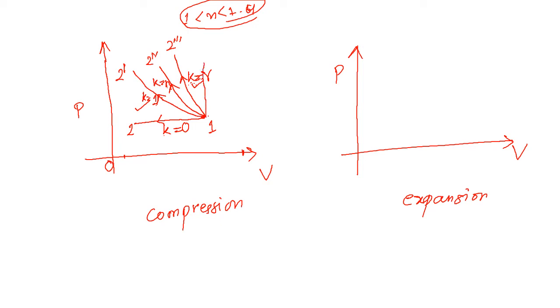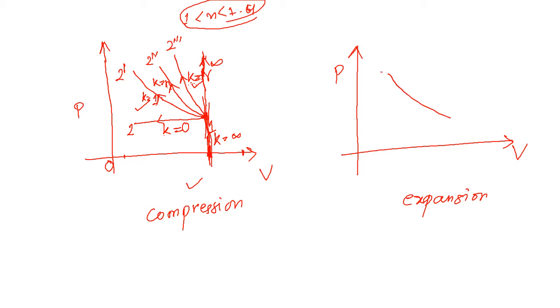This is K equal to infinity. What does it mean? K equal to infinity means constant. Means this line is what? Constant volume. Volume is constant, you see. In all these lines, all points are constant volume points. Means this is an isochoric process. This is for compression. Similarly for expansion,